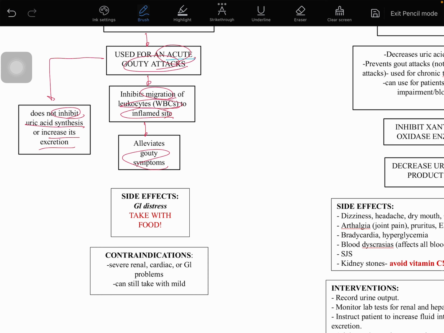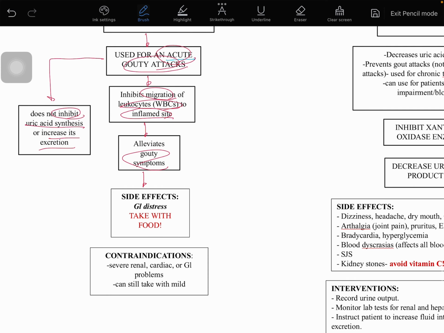So what is the very common side effect of your colchicine? Okay, number 1 is GI distress. Always remember this one, class. Your GI distress is the most common side effect of your colchicine. So therefore, alam naman natin na kapag it causes GI distress, ano ba yung mga symptoms or signs ng GI distress natin? We have your nausea, vomiting, abdominal pain, or whatsoever. You need to administer this medication with food. Okay, kailangan po nating i-take yung ating colchicine with food. That will be your instruction to your patient.